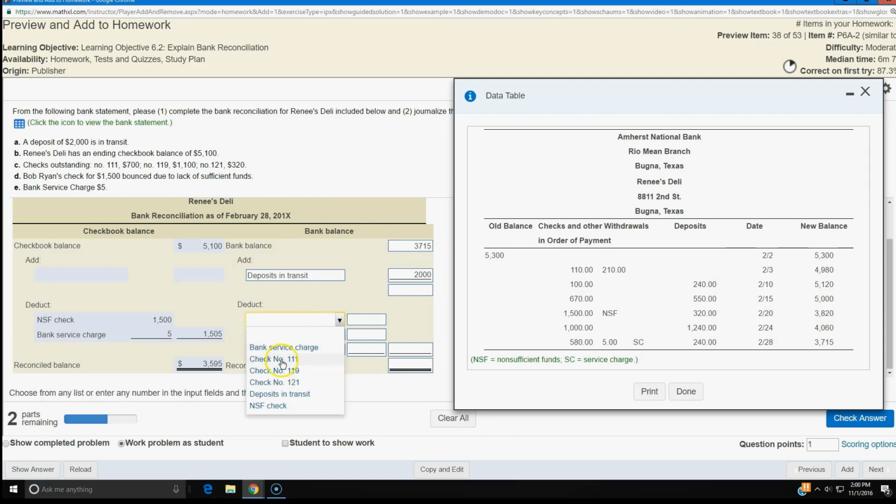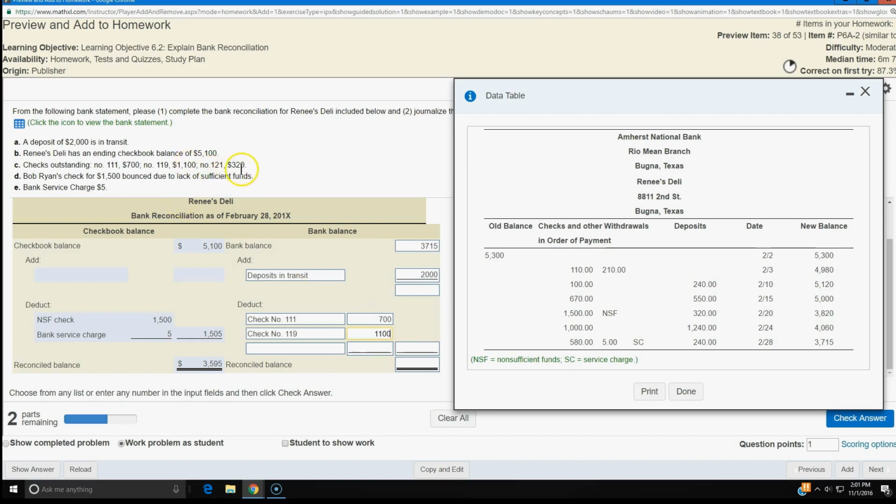Let's see what it says here. They make it really easy. You have to subtract check number 111 for 700. You have to subtract check number 119 for 1,100. So they make it pretty easy for you guys. And you have to subtract check number 121 for the $320. Now we add up the sum of those three checks, and I get